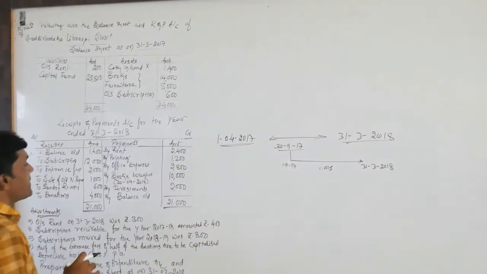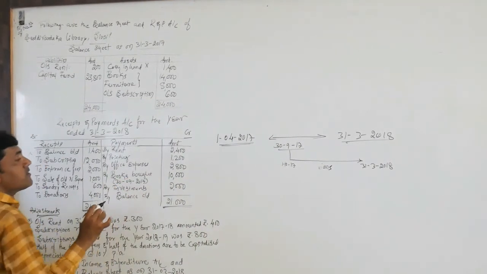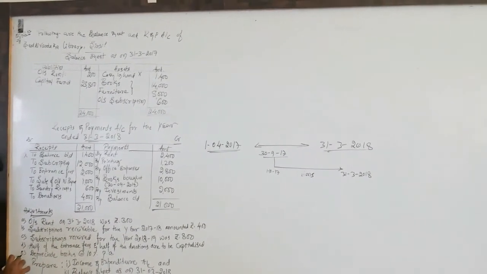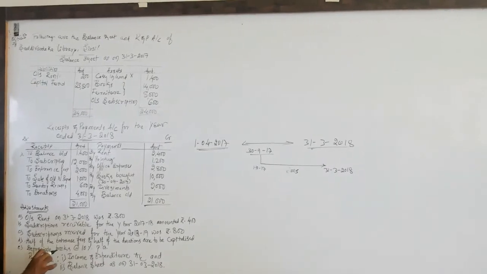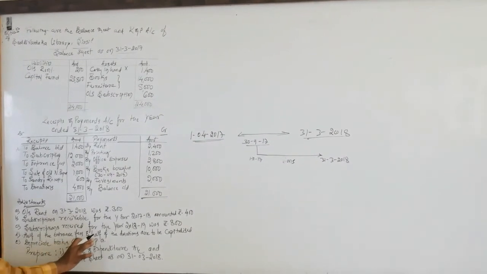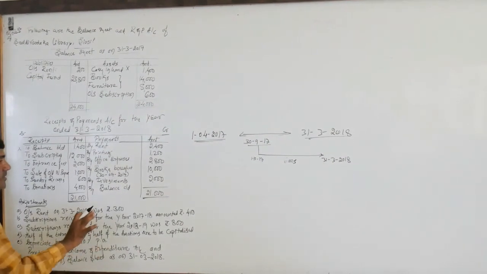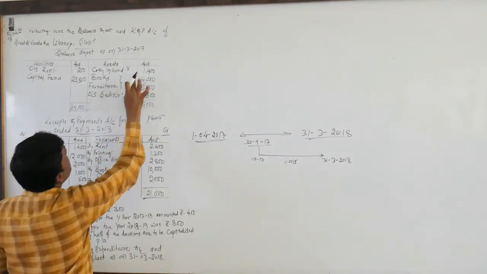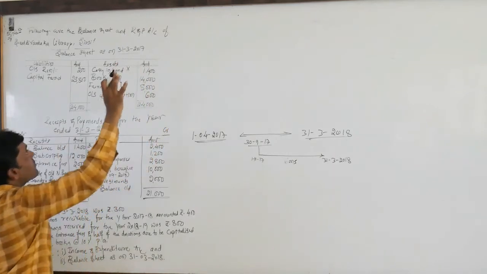So what I am going to say here, whatever depreciation you are going to charge on the additional books is as per the adjustment at the last point he has mentioned: depreciate books at 10% per annum. We need to charge the depreciation on these opening books throughout the year, for the 12 months.